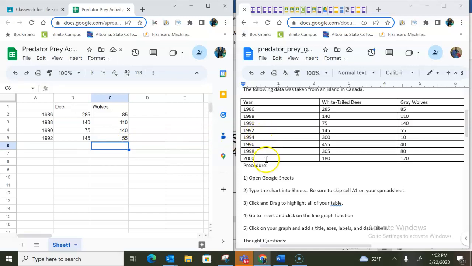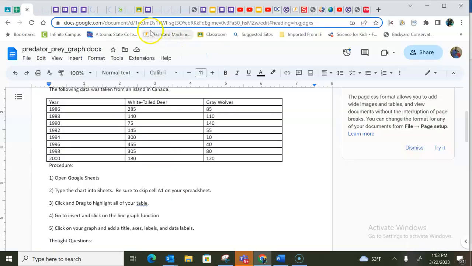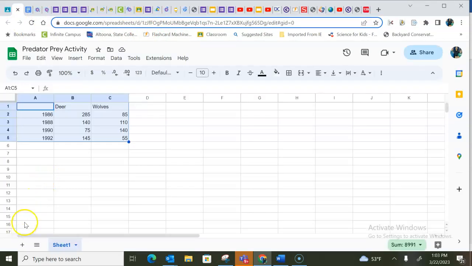So you guys will do the rest of these, but for our sake, you'll type this in, then you'll highlight from A1 all the way down to, this is going to be C. You guys will go all the way to the end of your data. So once you have this highlighted, it'll look slightly different on your iPads, or you can use the Chromebooks in my room. We're going to graph this,